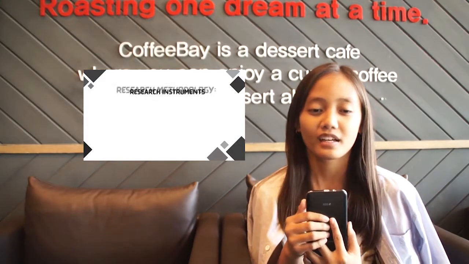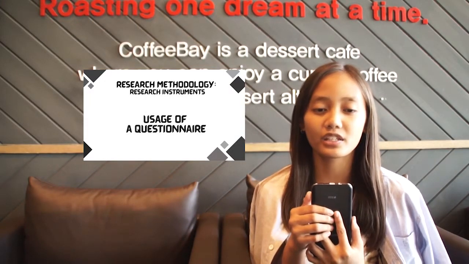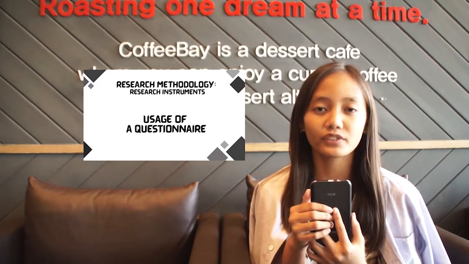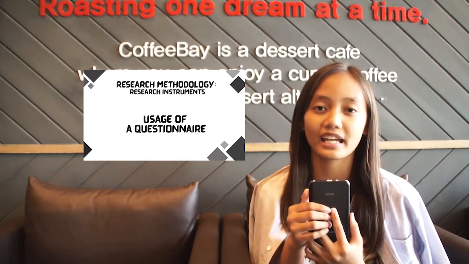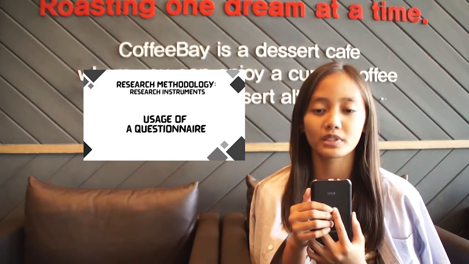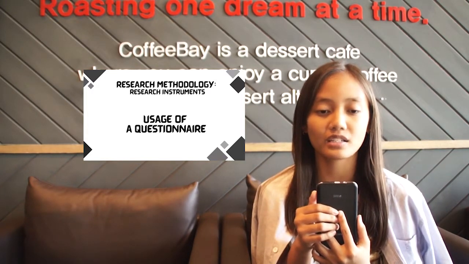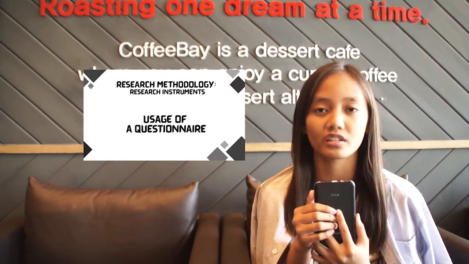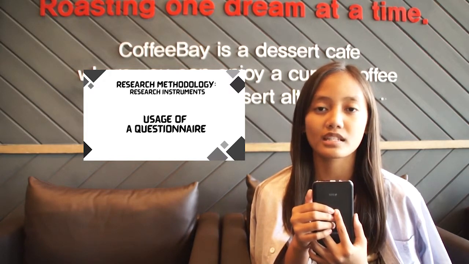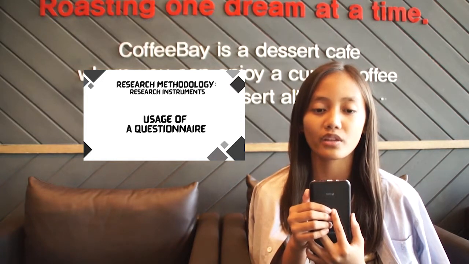Research instrument. This study was examined by the use of a questionnaire. The interview consists of 9 questions that relate to the 6 main problems of this study. The first problem consists of the effects of social media on students in their studies. The second problem consists of students being always on their phones.